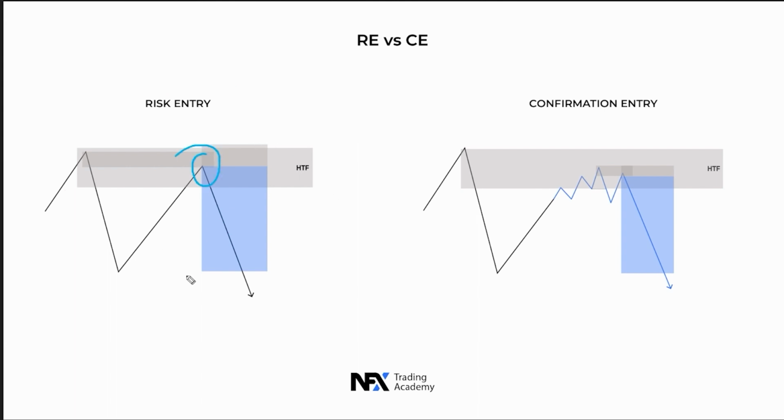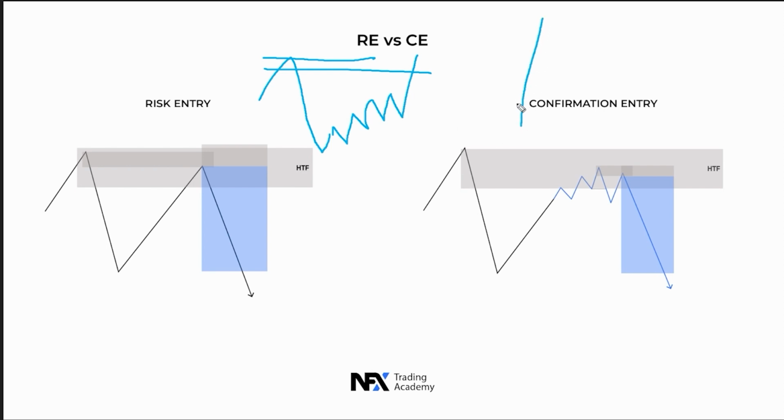So for example here I would only take this risk entry directly if I have something like this. So this is my area where I want to trade from, and then price slowly pulls back and then it gives a really big spike inside the zone. So let's say for example on the 1 minute, it's a huge 1 minute candle that just goes bullish in the first 30 seconds. Then I just market execute sell there, place my stop loss above the high or maybe 5-10 pips depending on the pair, and then when price starts rejecting, because it usually always does start rejecting, then I place my break even, and then that's a risk entry for me.